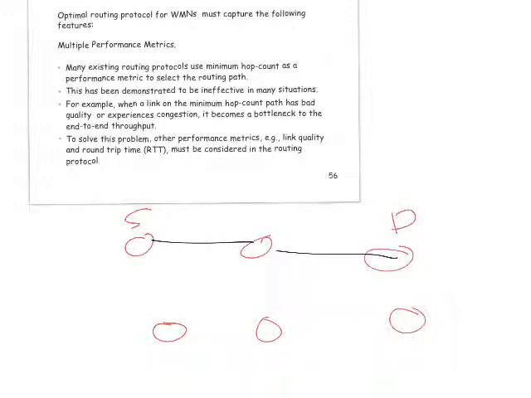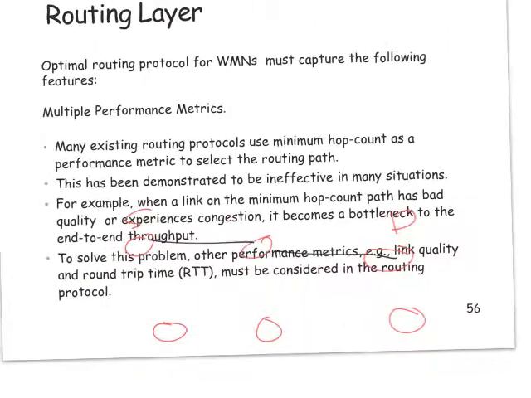But is this actually the best path? Not necessarily, because this node or this link might be very congested. The channel on this link might be very bad. So in that case, this path may not be the best path. Other ways of calculating this metric